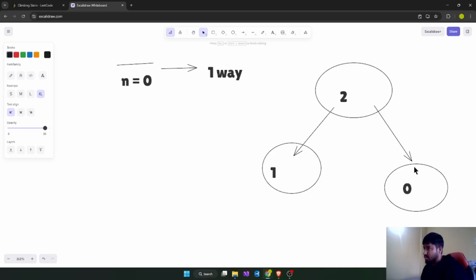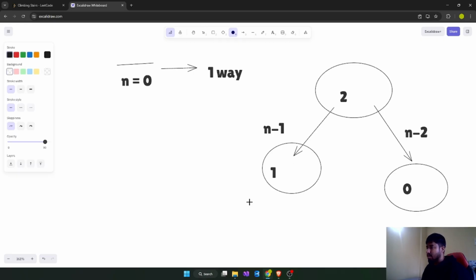So it means this is nothing but n minus 1 and this is nothing but n minus 2. Okay, now it comes to the 0 part, but this n minus 1 again calls another function